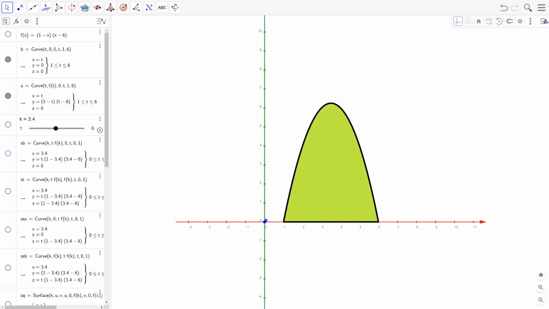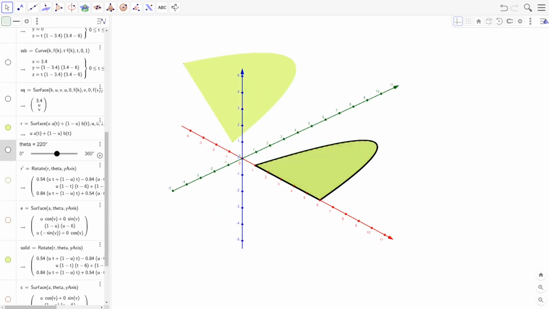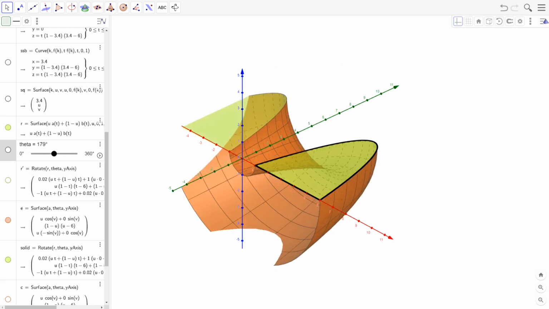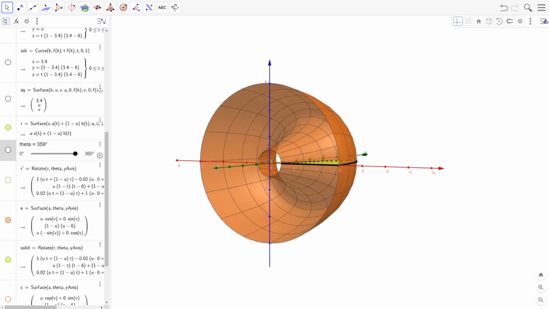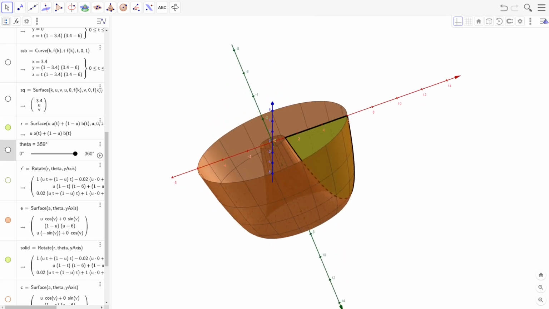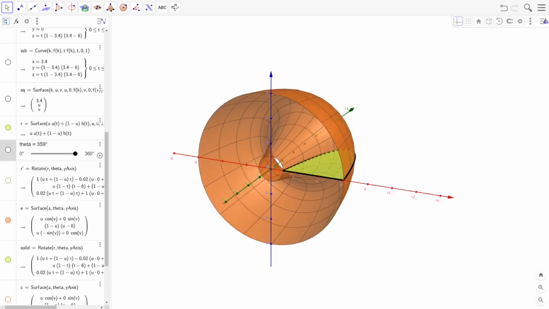In a previous video, we rotated this region about the x-axis, or about a line parallel to the x-axis, and we used cross-sections that took the form of disks or washers to find the volume of the region. But what if we rotate this region about the y-axis? What is the shape of the solid formed by doing so? We get an object that you might use to bake a certain type of cake called a bundt cake. But how would we find this volume?